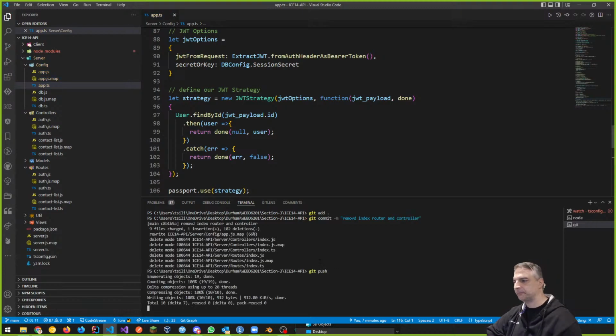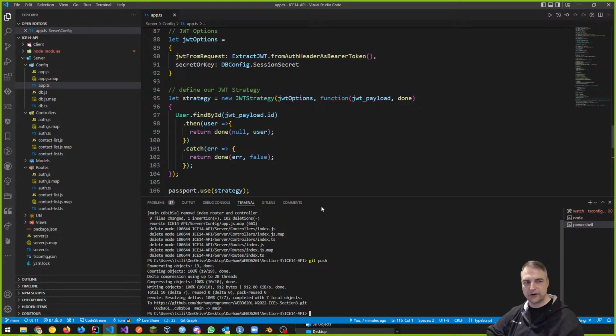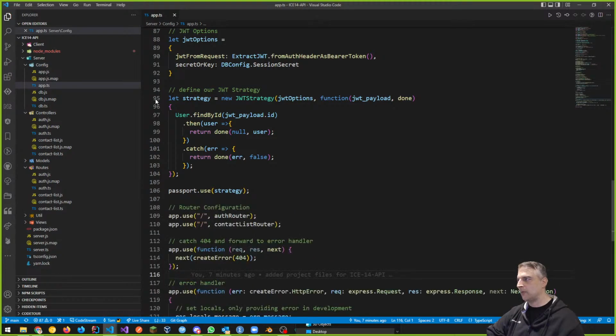We don't need to do that. We don't need those pieces. Those pieces are going to be handled by the front end with my front end framework. Okay, great. So now what I need to do is I want to modify the app configuration so that my